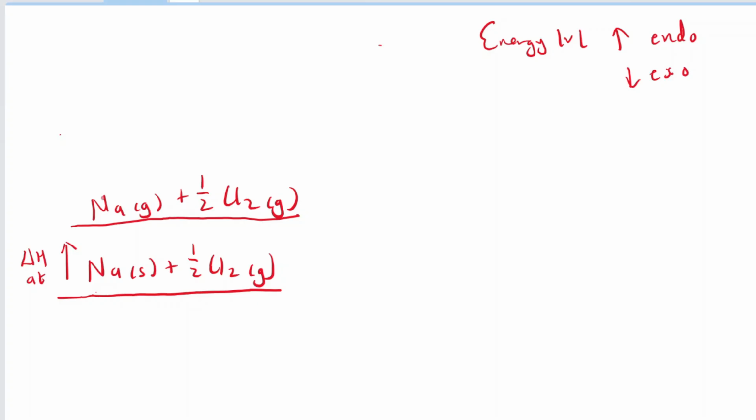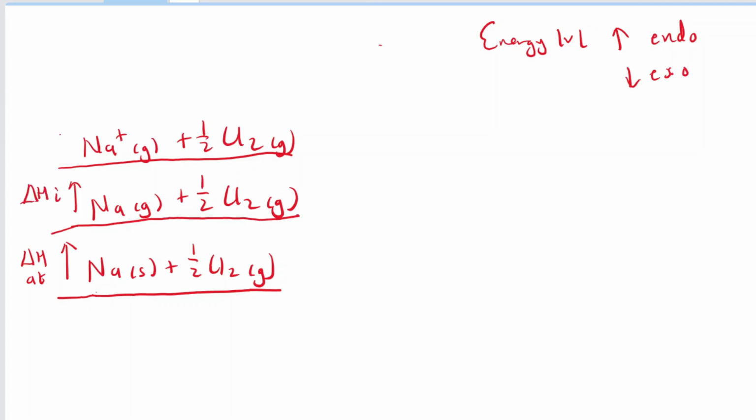The second step is that we also have atomization of chlorine, right? So this Cl2 is also becoming Cl. Or you can also go for ionization energy of sodium. Either way, it doesn't make a big difference. At the end of the day, you'll get the same answer. So let's say you go with the sodium one first. So this will be Na plus gas plus half Cl2 gas, which will remain as it is. Right? This will be our second energy change, and this will be the enthalpy change of ionization energy,